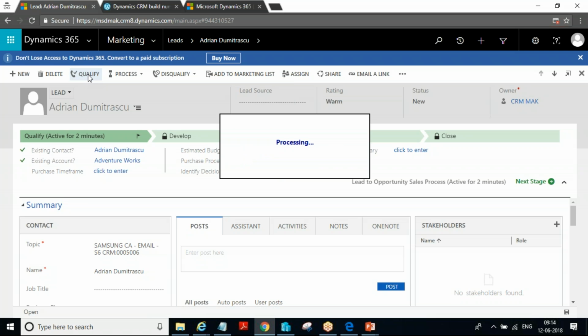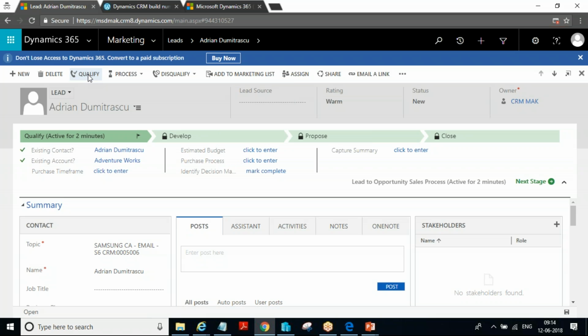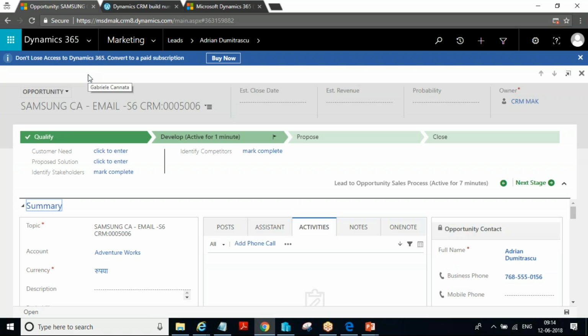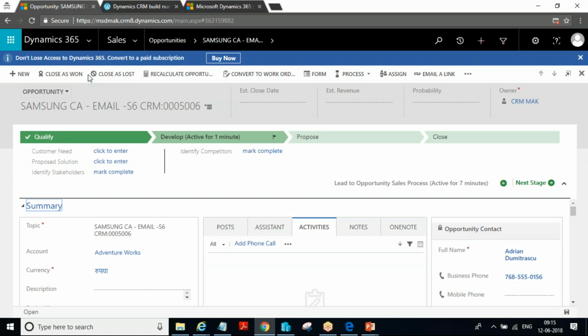And then when we qualify the lead, when I click on the qualify button, the out of box behavior of the system is that it creates the account, contact, and opportunity in the system. This behavior is there from CRM 4.0 till Dynamics 365. There is no change. In the complete CRM industry, the term account is a customer, company, or a client, and contact is a contact for that customer, company, or client.